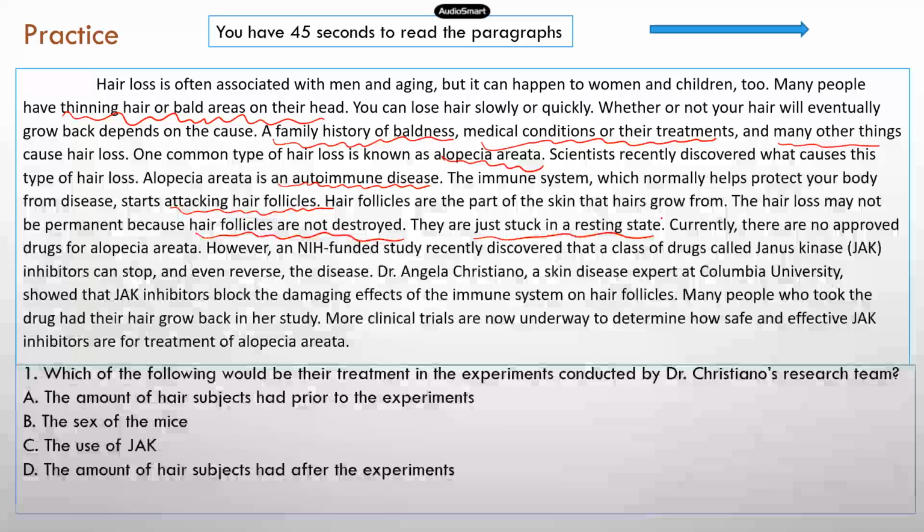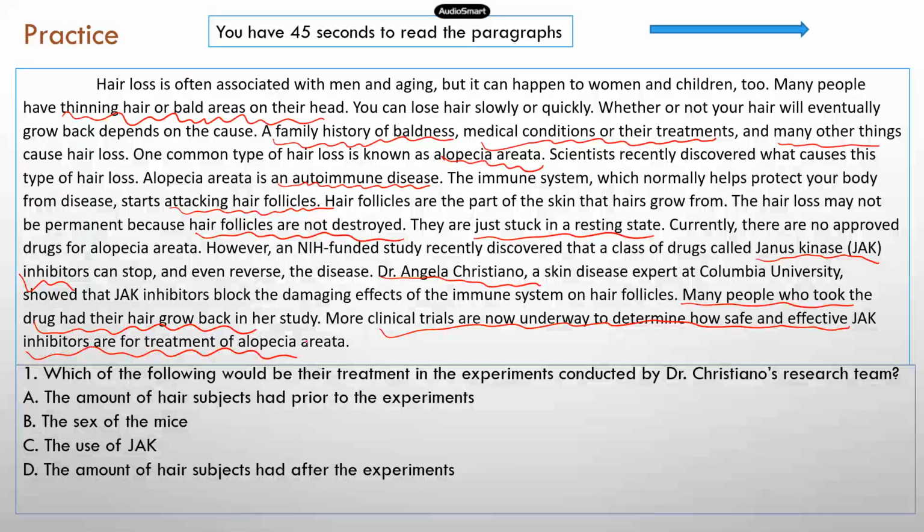And then it talks about a promising research from a team led by Dr. Angela Cristiano, a skin disease expert at Columbia University. And they are working on testing a class of drugs called Janus kinase, JAK, inhibitors. So these JAK inhibitors can stop and even reverse the disease. So it talks about they're seeing some promising results, right? But they're going to do more clinical trials to determine how safe and effective JAK inhibitors are to treat this